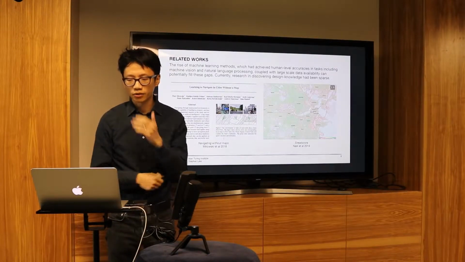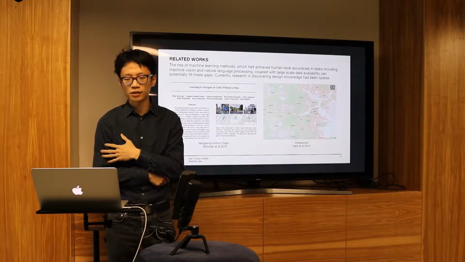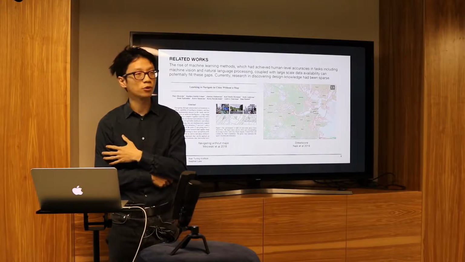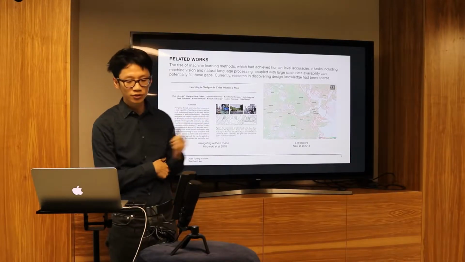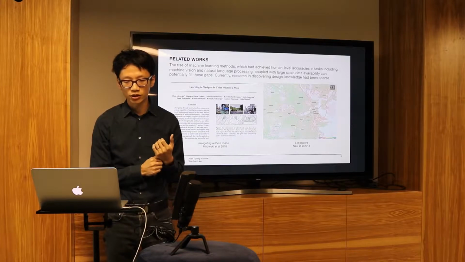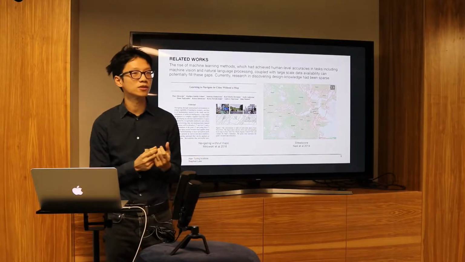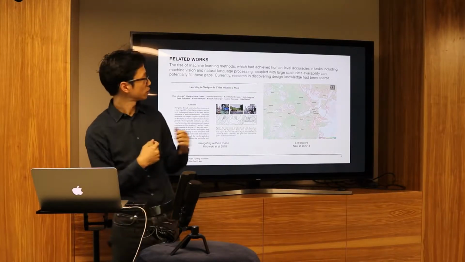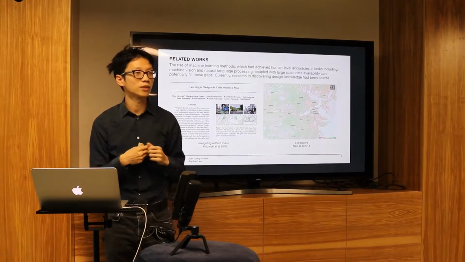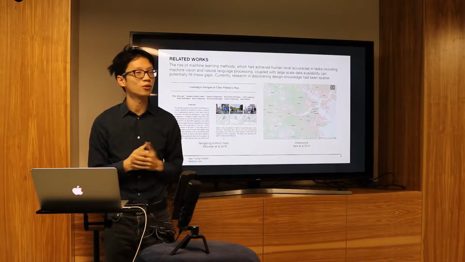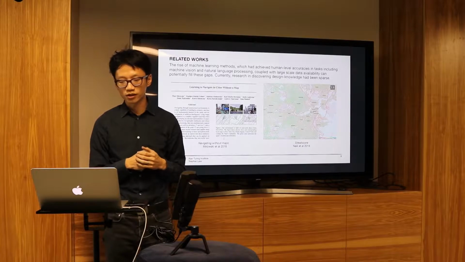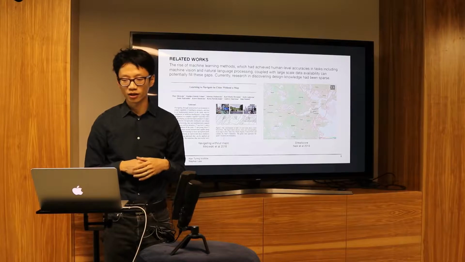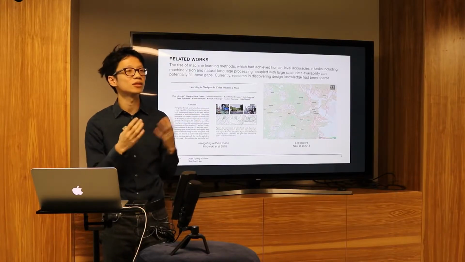The rise of machine learning methods, which have achieved human-level accuracy in tasks including machine vision and natural language processing, coupled with large-scale data availability, can potentially fill these gaps. I have two examples here. The one on the left is recent research from DeepMind, where they use Street View images to navigate in the city, using reinforcement learning agents. And the one on the right, which is probably research that people here also know about, is Street Score, from some researchers at MIT, Naik. And of course, the research from Daniele on happy cities, all related to this use of machine learning methods